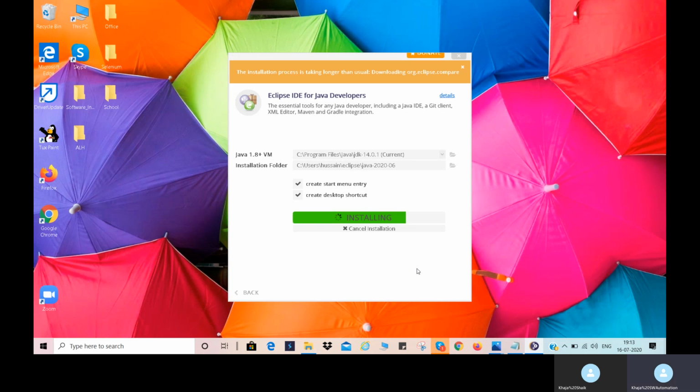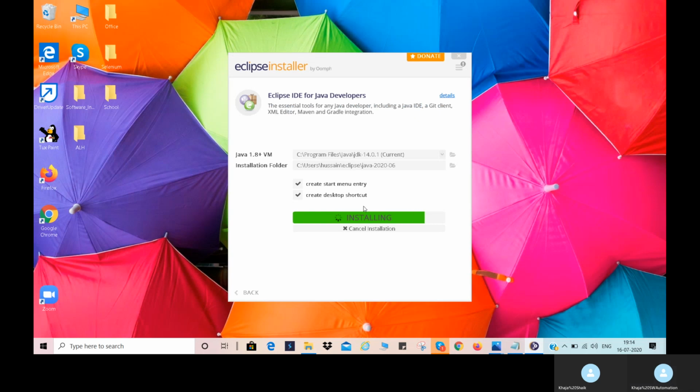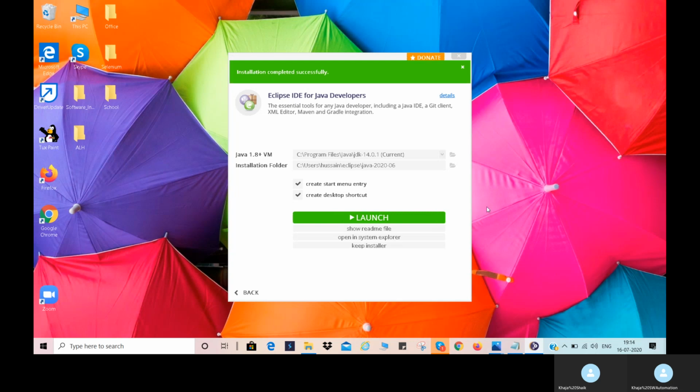Basically, it will not take this much time. Click on accept. Yes, Eclipse has installed successfully. Click on launch button.